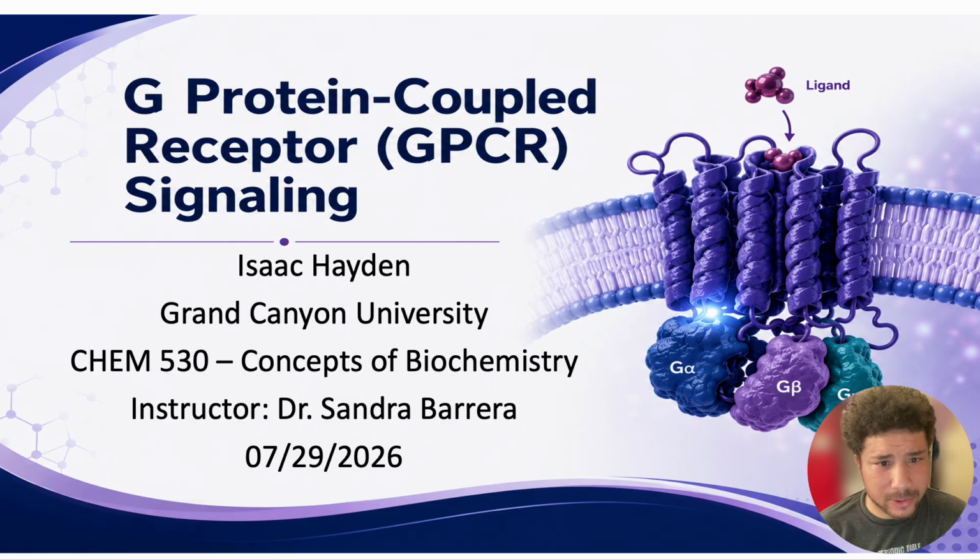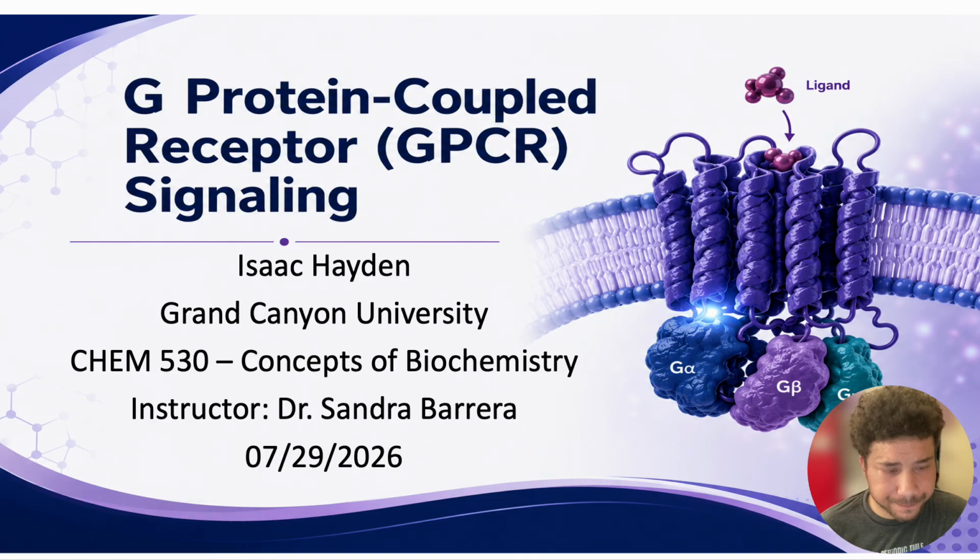Many of these receptors are GPCRs, and GPCRs are one of the most important receptor families in biochemistry because they allow cells to collect information outside the cell and translate the information into a response inside the cell. They participate in vision, smell, taste, hormone signaling, immune regulation, cardiovascular function, metabolism, and many